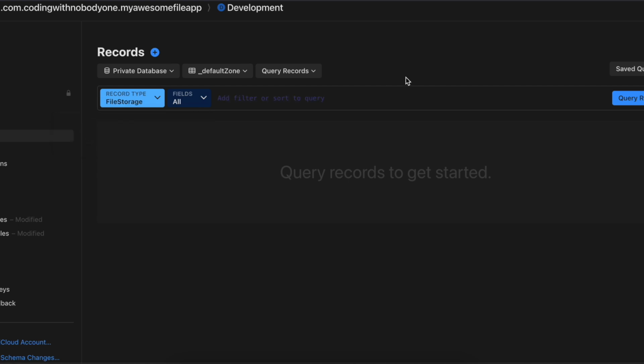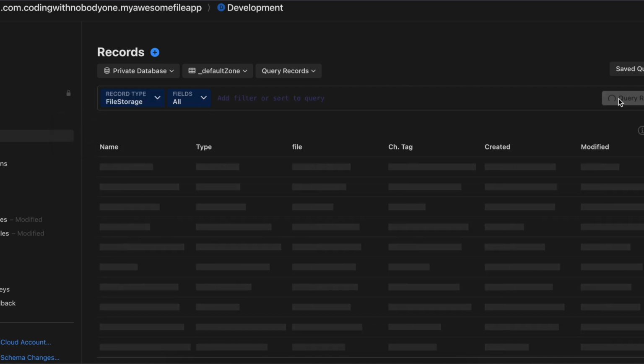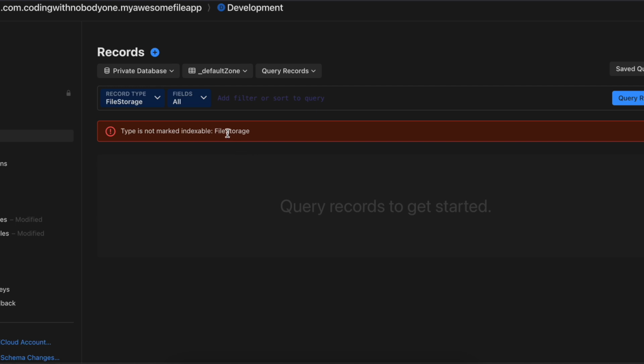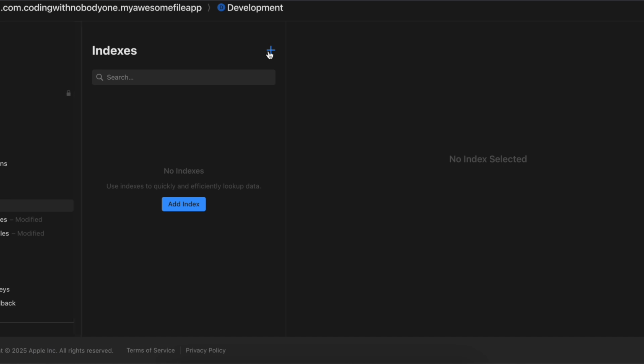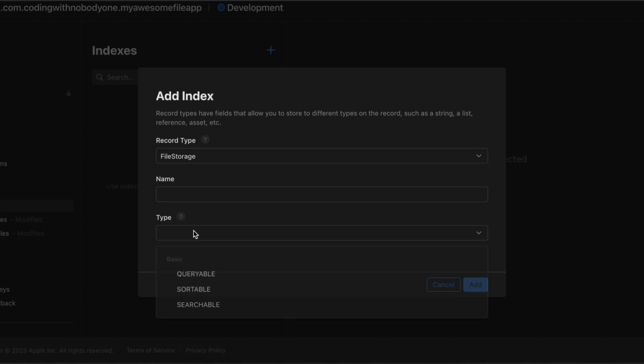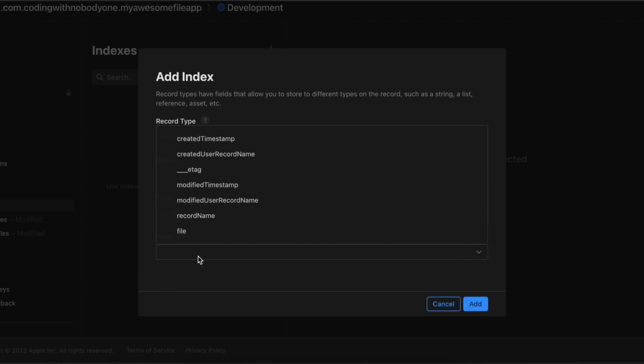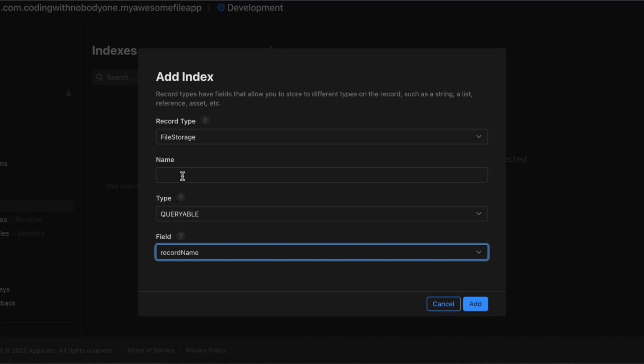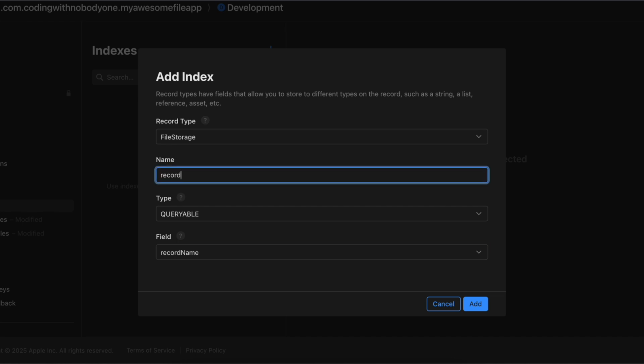You have selected the proper iCloud container and record type. Here you can see file storage. Now before I read it, if I try to do query records, here you can see it is telling me type is not indexable, so you won't be able to read it. So you have to go to indexes. You have to click on this plus button. Record type is file storage, type is queryable, and for the field you can select, you can't select this file field, that can't be made queryable. I think this record name is created by default, so I'll just select that record name, and here also I'll just give the same thing, record name. I'll just click on add,